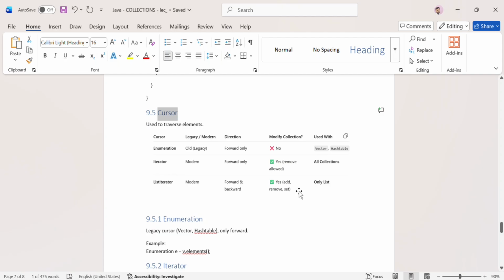It uses three interfaces to achieve that: Enumeration, Iterator, and ListIterator. So let us see the differences. Enumeration is the old one, and it is used to traverse in the forward direction only, and it can't modify the collection. But by using the Iterator, we can modify the collection, but it also traverses in forward only. But by using the ListIterator, it can traverse in both forward and backward, and also we can modify the collection, by adding, removing,